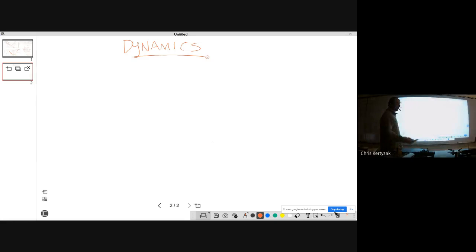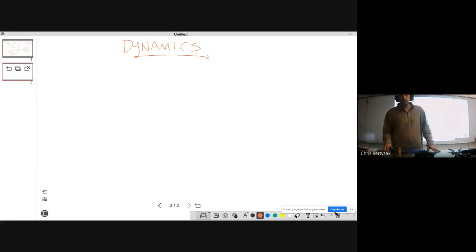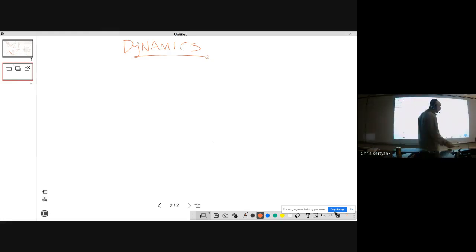So where do I start? I guess Newton's laws of motion. I'm not going to write them all down, but I will remind you that Newton's first law is the law of inertia. An object in motion stays in motion as long as the forces on it are balanced, or if there are no forces on it, like coasting through outer space, far away from any planet. There's literally no gravity and no forces. In those cases,